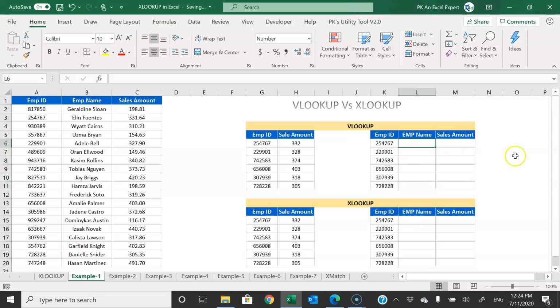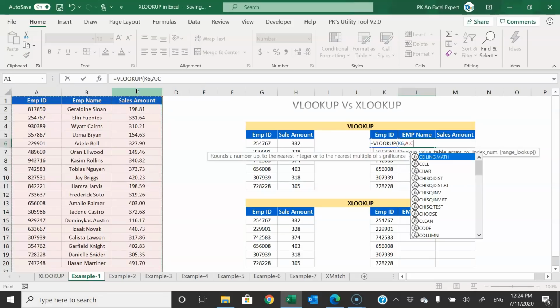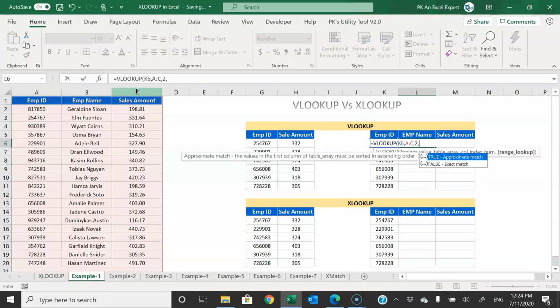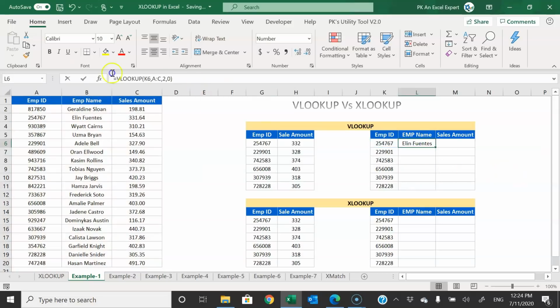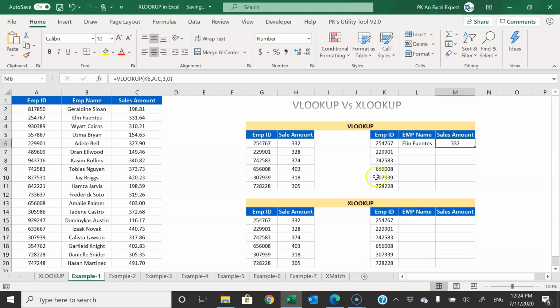Now on the base of VLOOKUP we have to get the employee ID as well as the sales amount. So on the base of this column we want to get these two columns. Okay, so here if I use VLOOKUP, then the simple employee ID and the table array, we will take this range. First we will take comma 2 comma 0 and just close the bracket. Then we can use the same formula here. We just need to change the reference and we can fill this down.